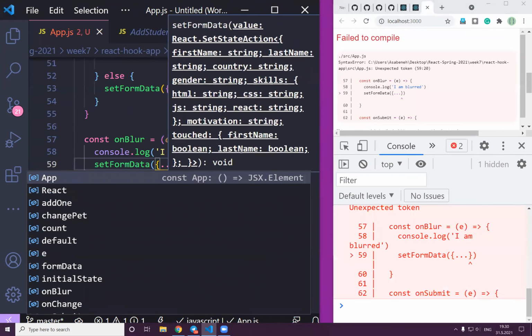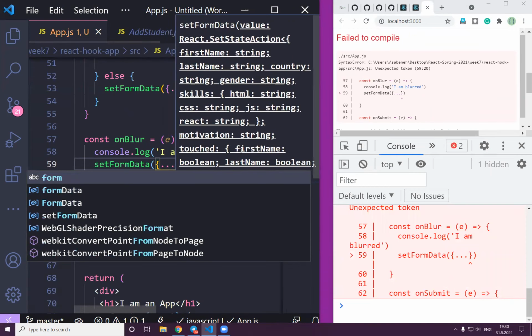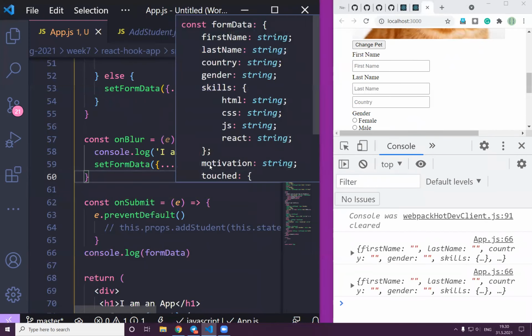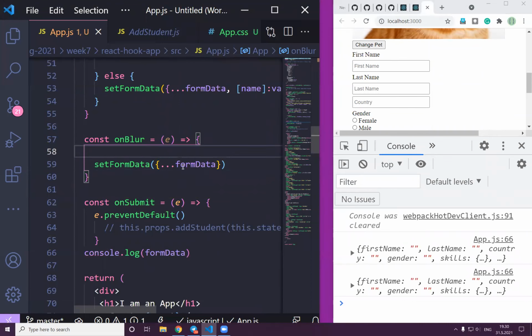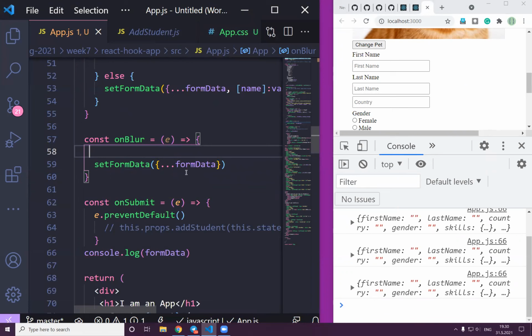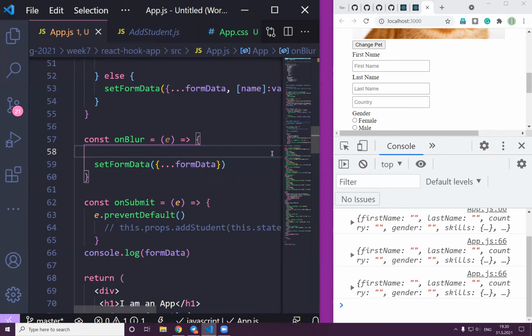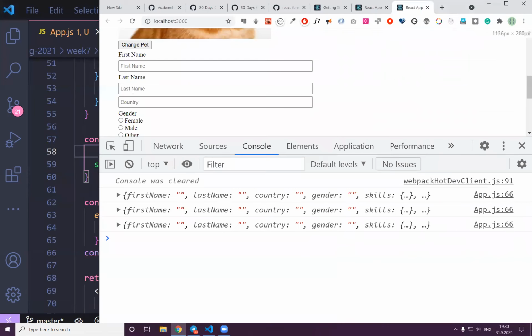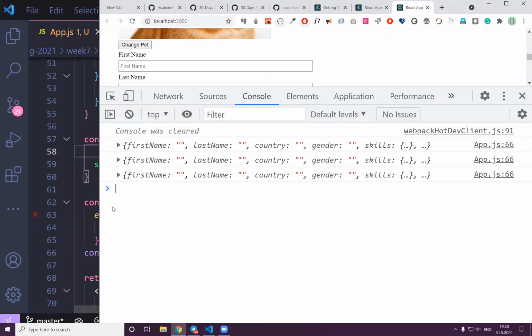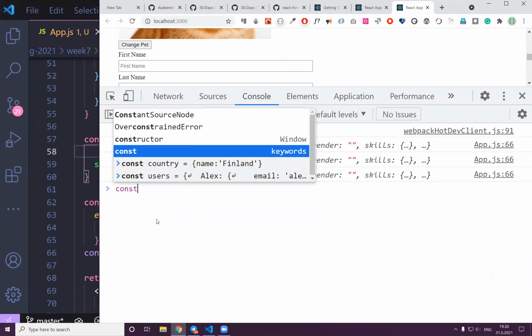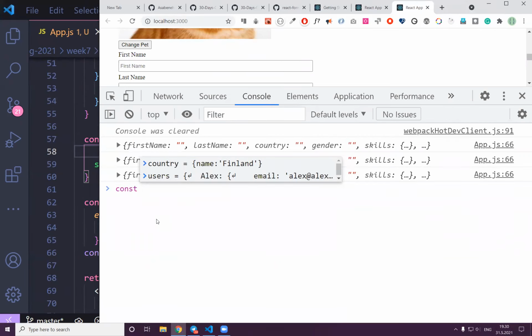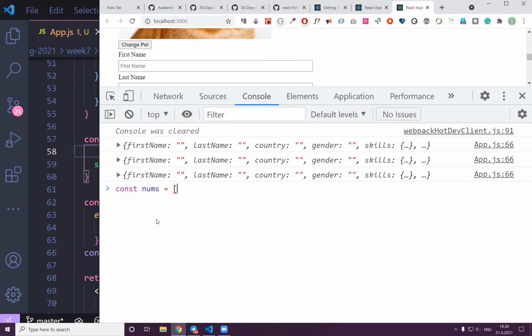We can say ...formData. You know what this means? Everybody knows what this means. What was the three dots again? It was some shortening. Oh yeah, I think spread. So I have to just explain everything about those things. const nums, and I have 1, 2, 3, 4. Now, for instance, if I want to say another